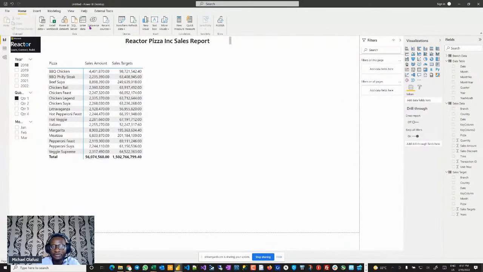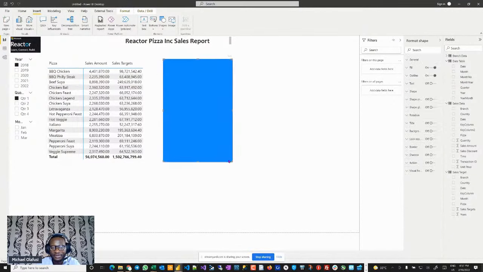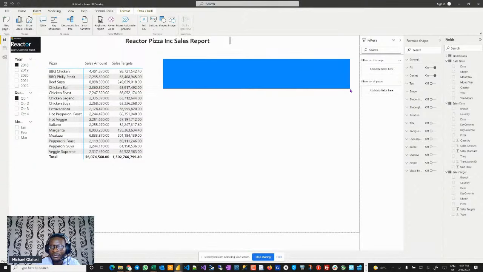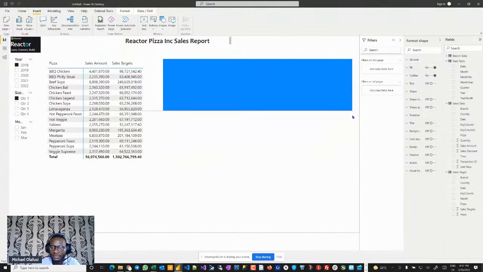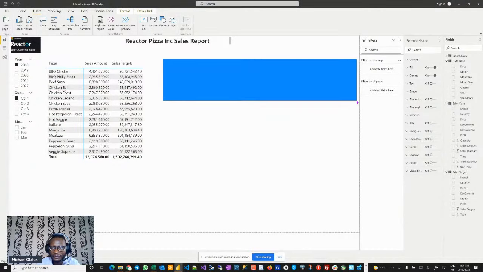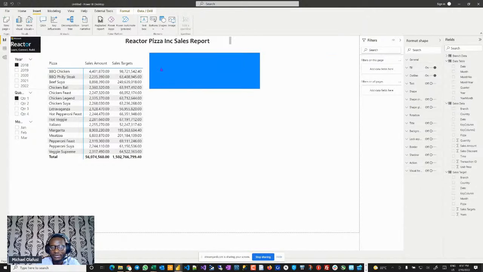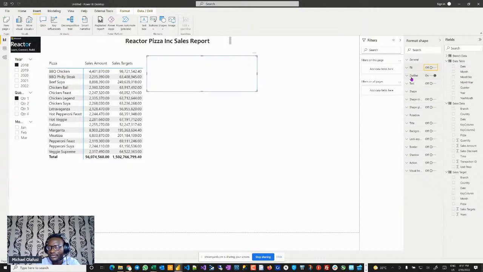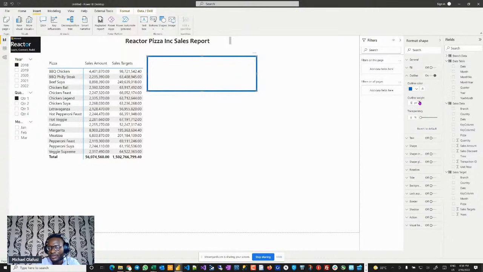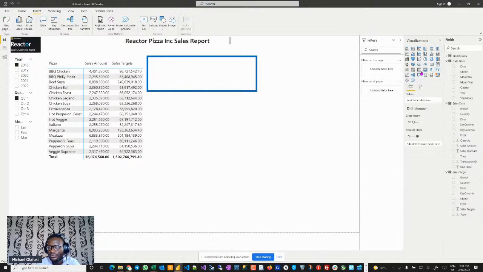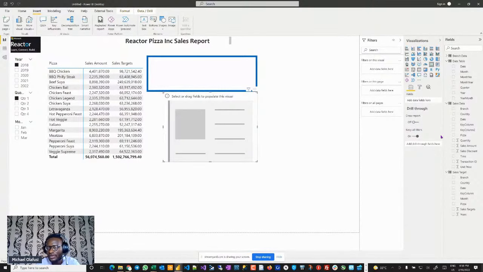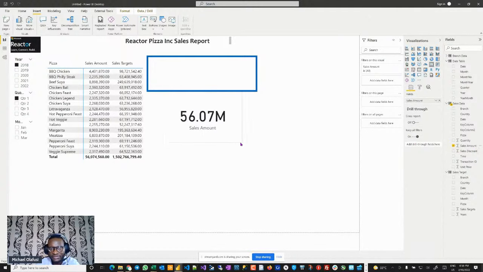I'm going to create a shape. Make it no fill. Make it thick outline. Then I'm going to just add a card inside, throw in total sales. So you get to see the total sales amount.